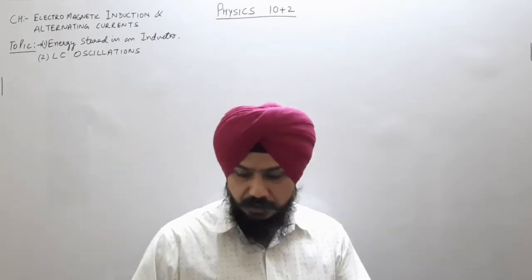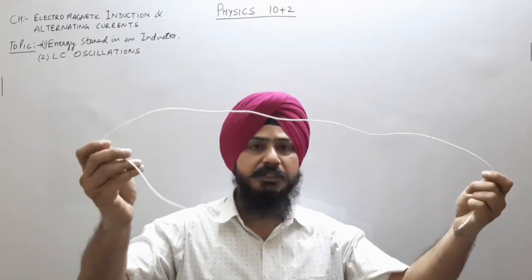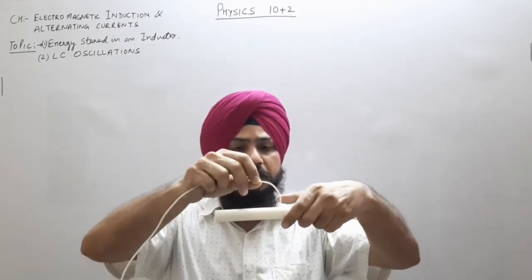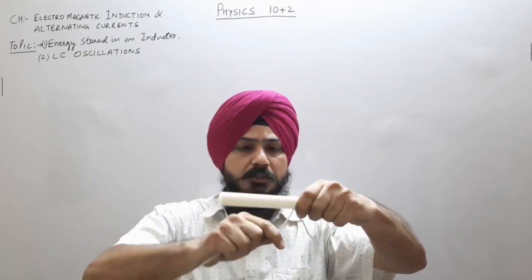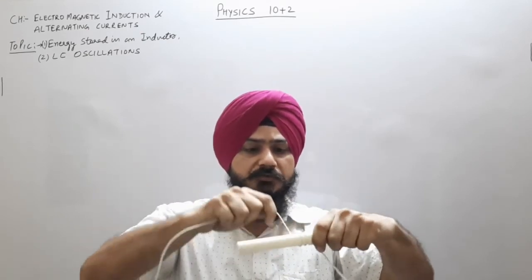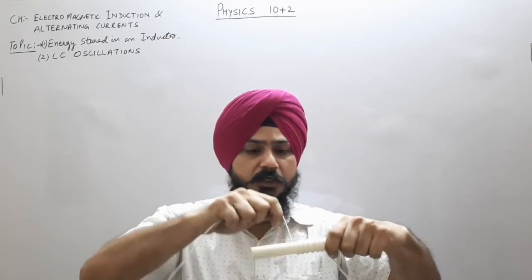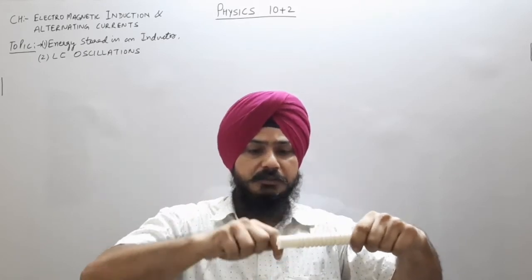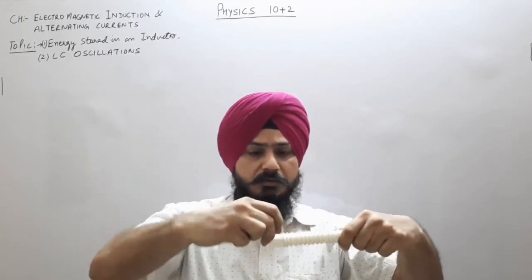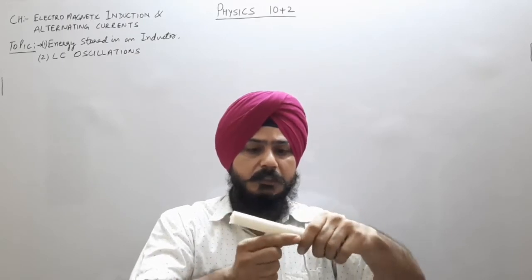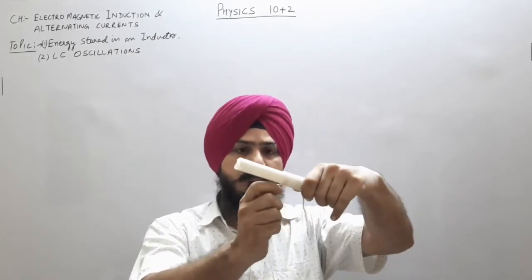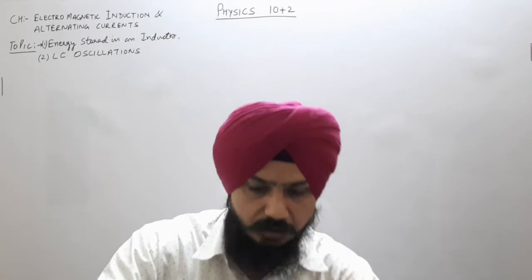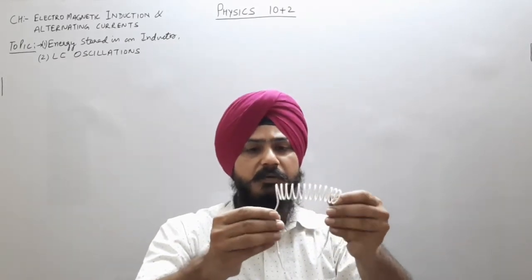Today we are going to study some working behavior of an inductor. So first of all, what is an inductor? To show this, I have a copper wire which is insulated by a thread, and here is a pipe. What I do is wind this wire on this pipe to make a coil. This coil has any number of turns. Now take it out. So this became an inductor.